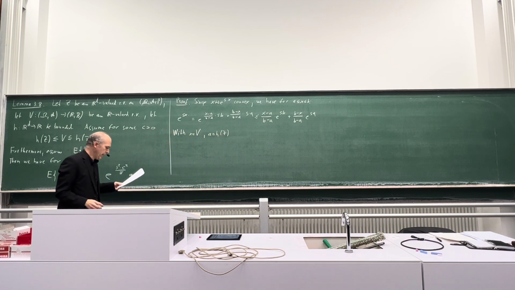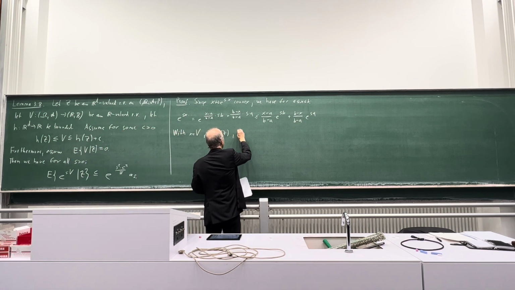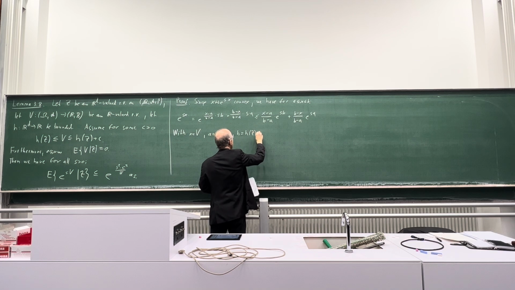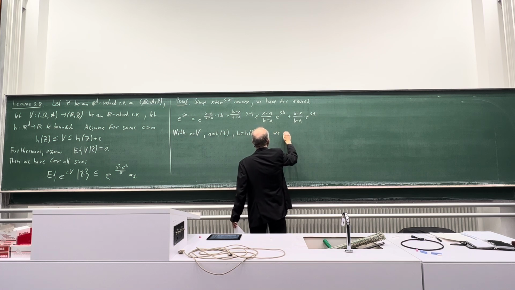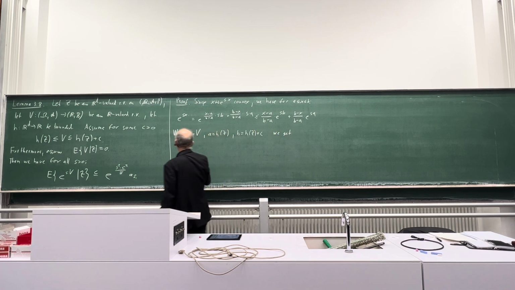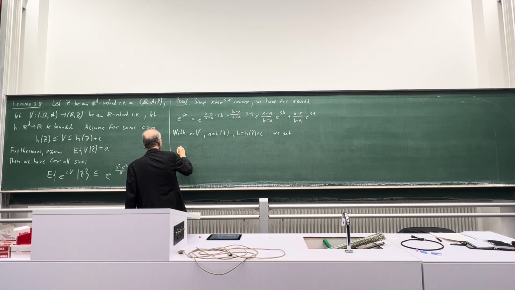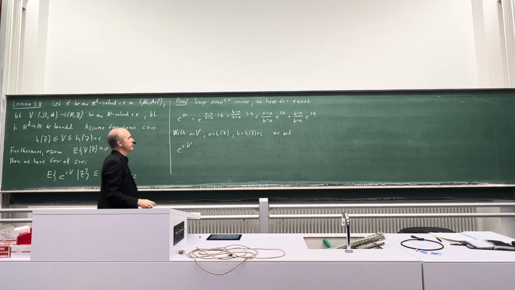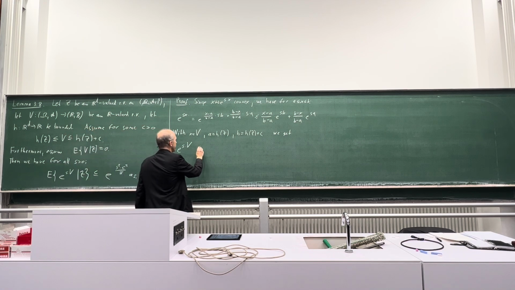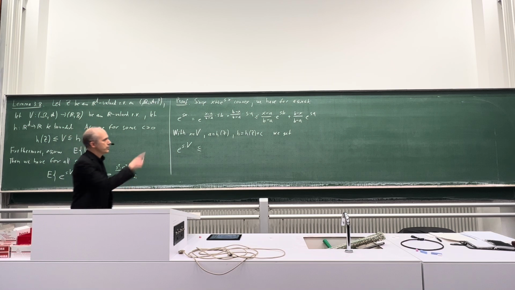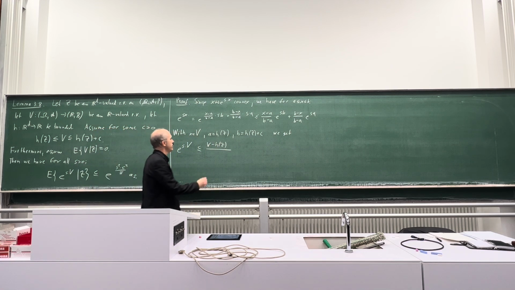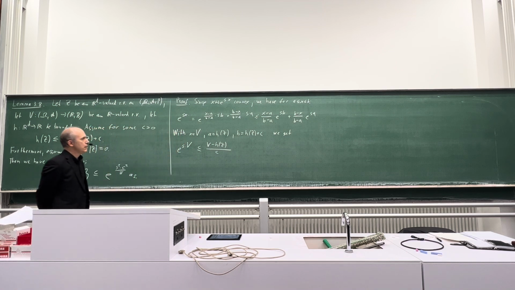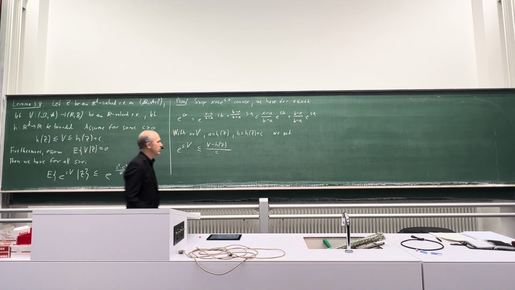And I use for b h of z plus c. And then we get e to the power s times v is less equal than x plus v, so this v, a was h of z, and b minus a is c, times e to the power s times b,